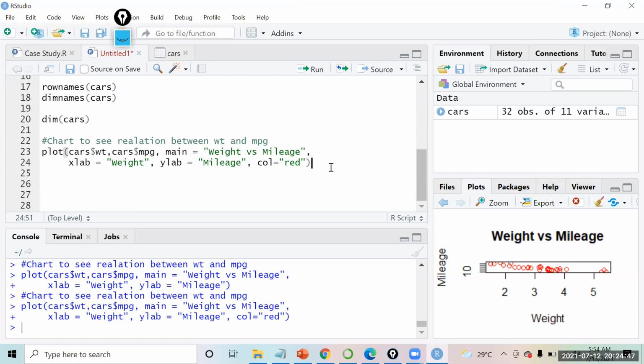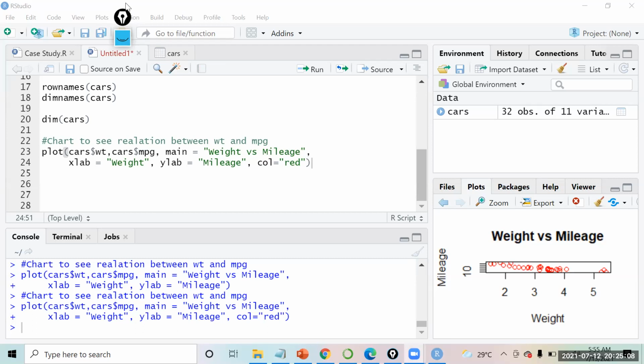Amit, I am getting an error when I try to check the row names and dim names of cars. The error says something about used without hex digits and character string starting. Sorry, couldn't get it. Can you copy paste this on the chat?